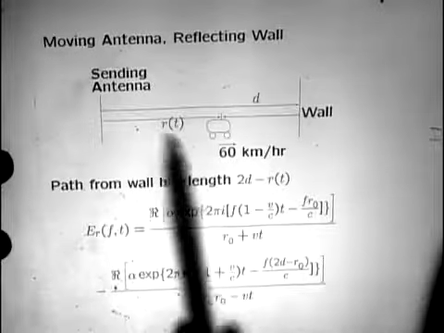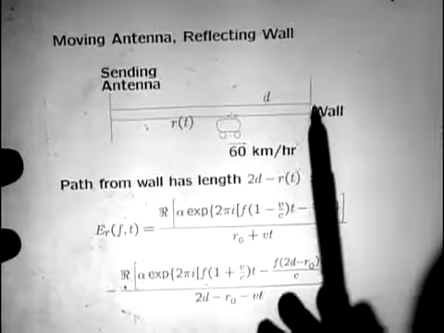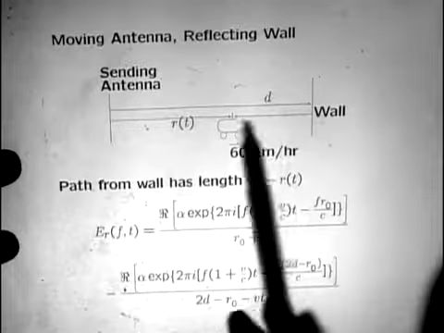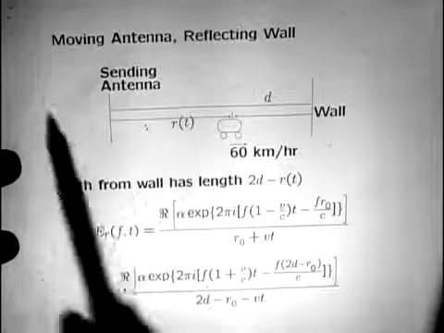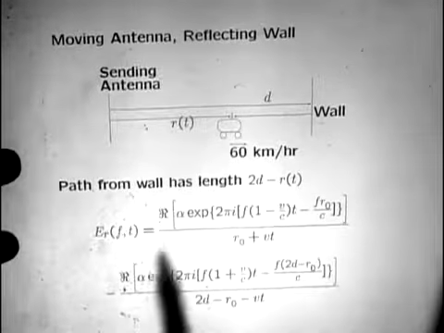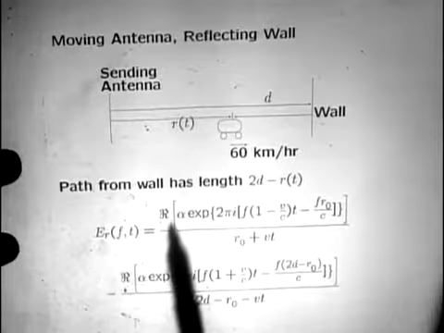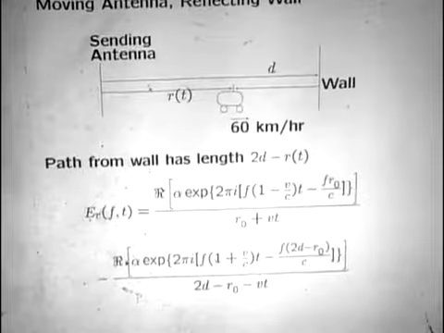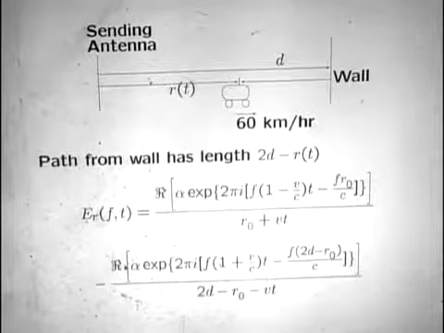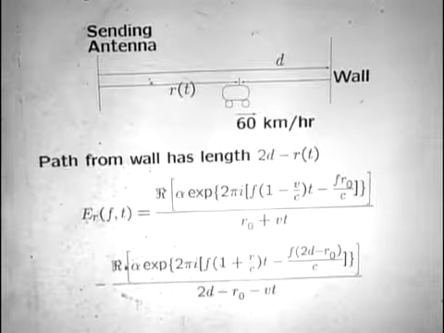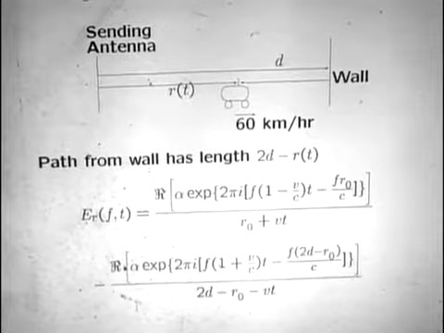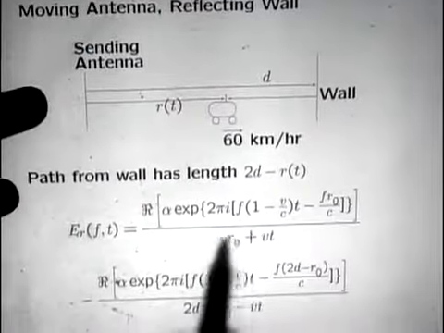We have another path which has a length d, then it gets reflected, and this distance is d minus r of t. So the total length, adding this length with this length, is 2d minus r of t. And the reason is... do I have an extra picture there? No, I didn't make my extra pretty picture. Okay, the reason is, one way to deal with electromagnetic radiation is